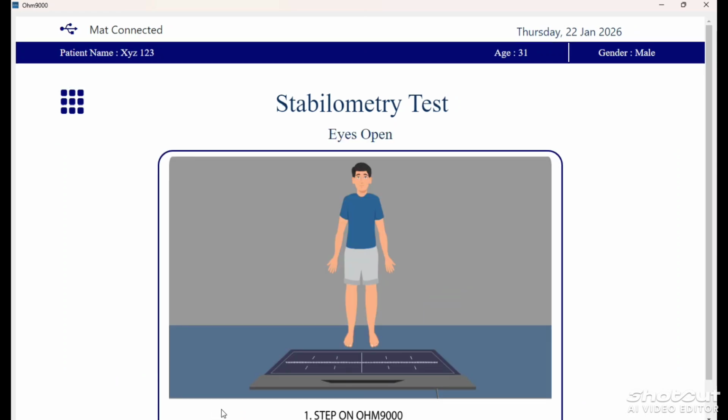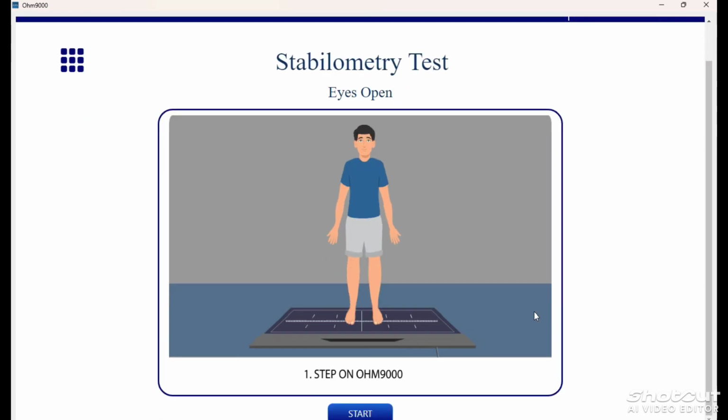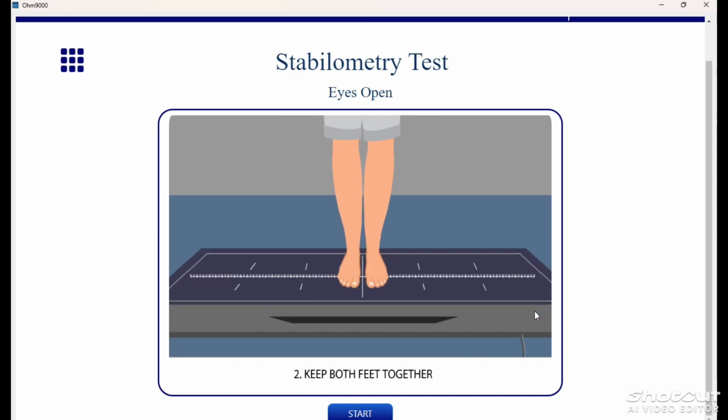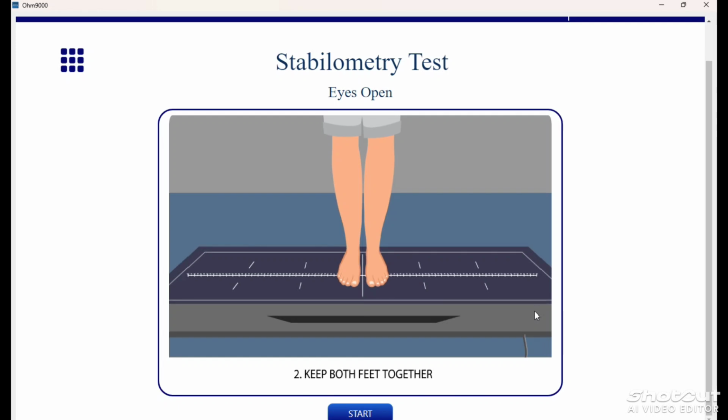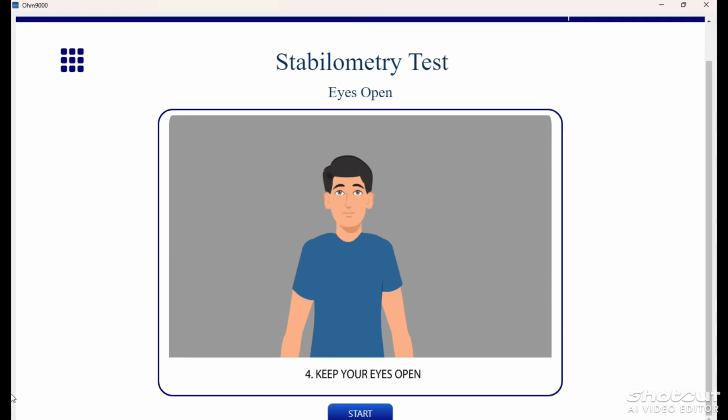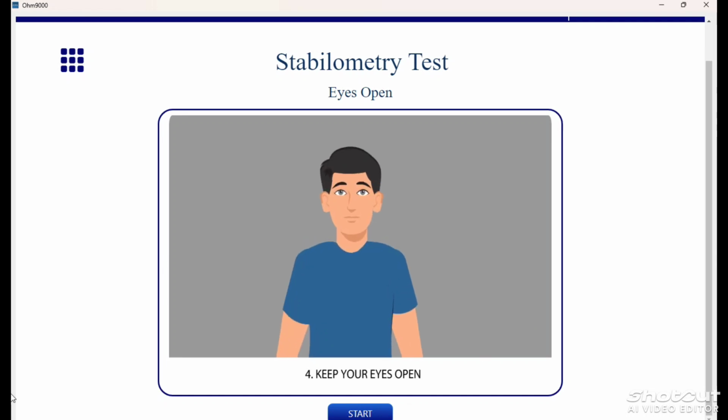Then your screen shows how our subject needs to put his or her feet on the plantar pressure mat and how much distance needs to be maintained between the feet as shown in the video data, and tell the subject to look forward, straighten the head, and extend both hands as shown in the sample data video.